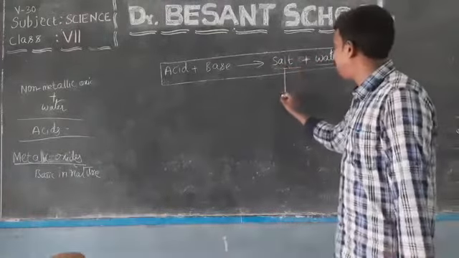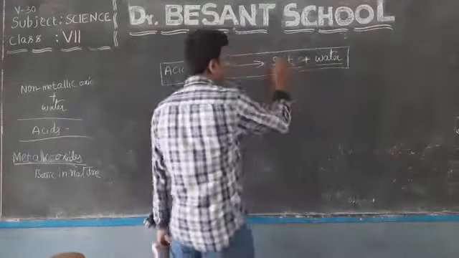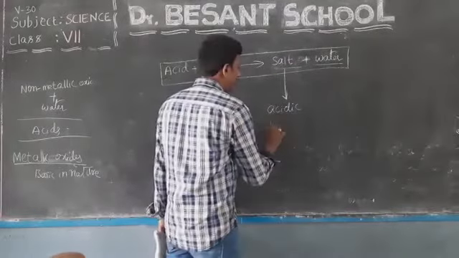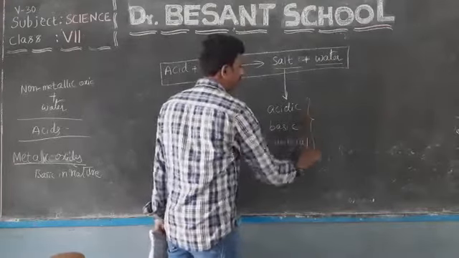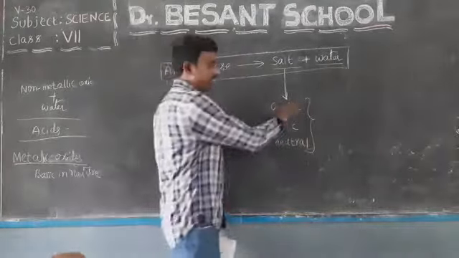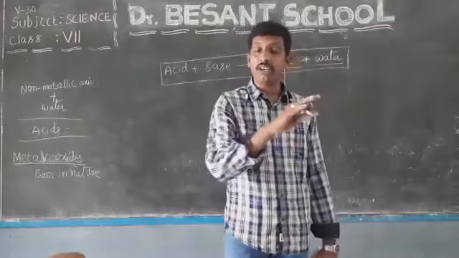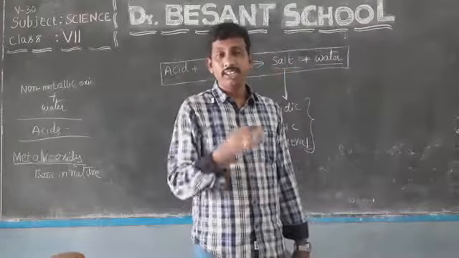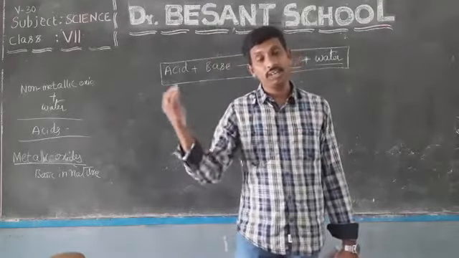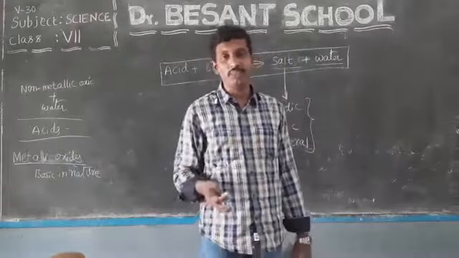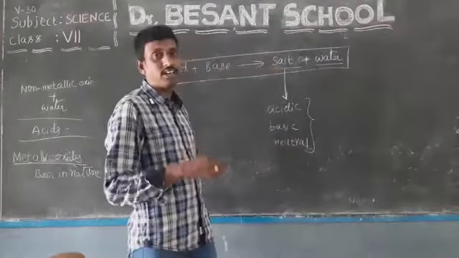And also I described these salts. These salts are of so many types. Mostly we feel that salts are neutral, but not like that. Acidic salts, basic salts and neutral salts. Do you remember these? Yes. These salts arise because of acids reacting with bases. I said strong acid, strong base, neutral salt. Strong acid, weak base, acidic salt. Weak acid, strong base, you can have basic salts. Weak acid, weak base, we can't say it is absolutely neutral, it may depend. So these are the different types of salts we have learned in the class.